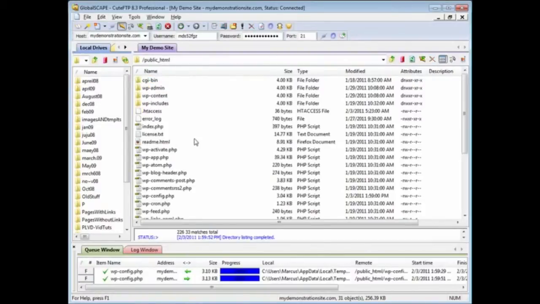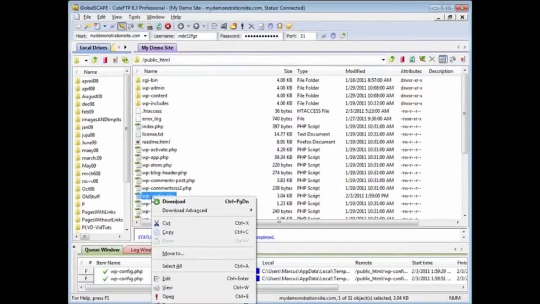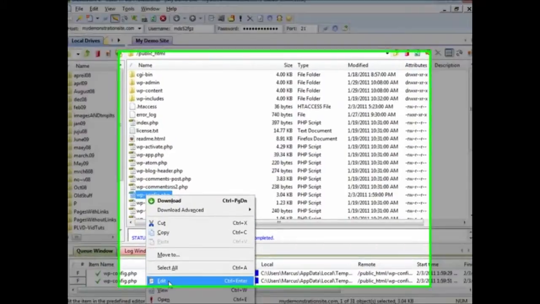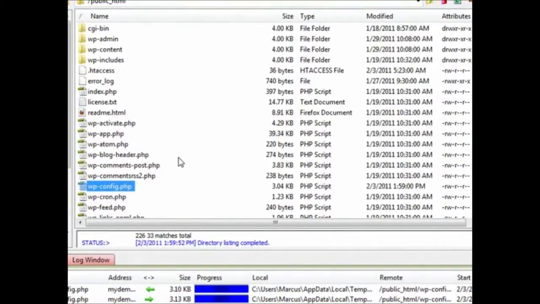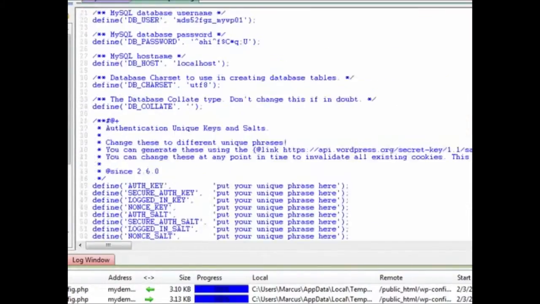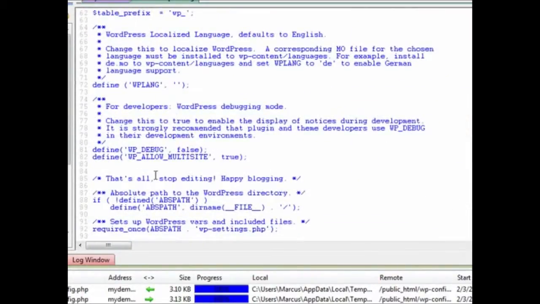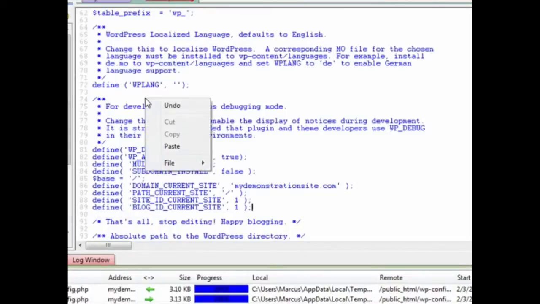So now let's move back up into our root, come on down to WP config. And if I'm going too fast, that's what you got the pause button for, and rewind. Right click, left click on edit, scroll back down to where we did before. That's all, folks, blah, blah, blah, right here. And again, we're leaving this one intact. We're not going to mess with that one. Right click and paste. Right click, file, save,